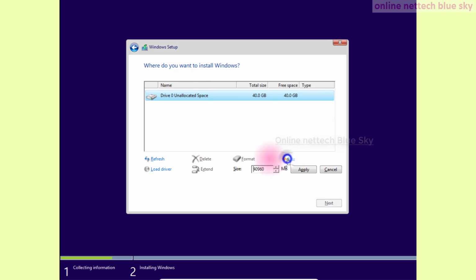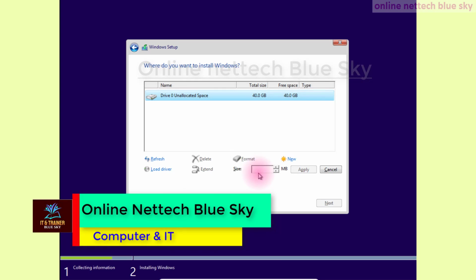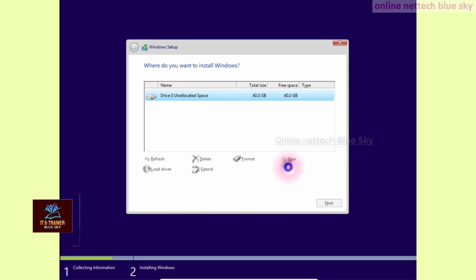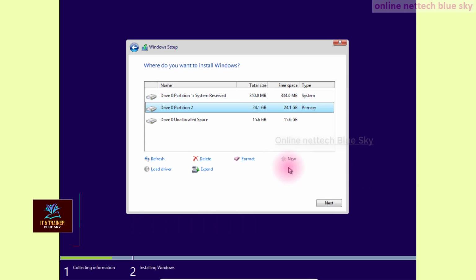I'm entering 25 GB, which means 25,000, enter here, then apply and OK.